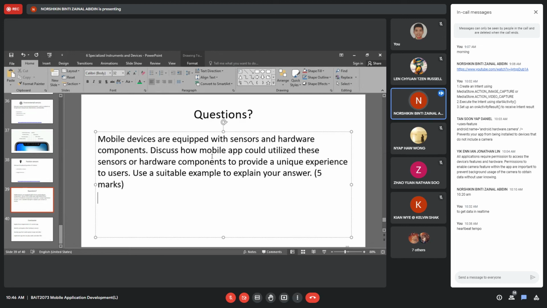But if you want the use of a sensor, I remember last time during my degree, this one was not an FYP. It was just an assignment where we needed to develop an application, but we needed to apply a sensor.